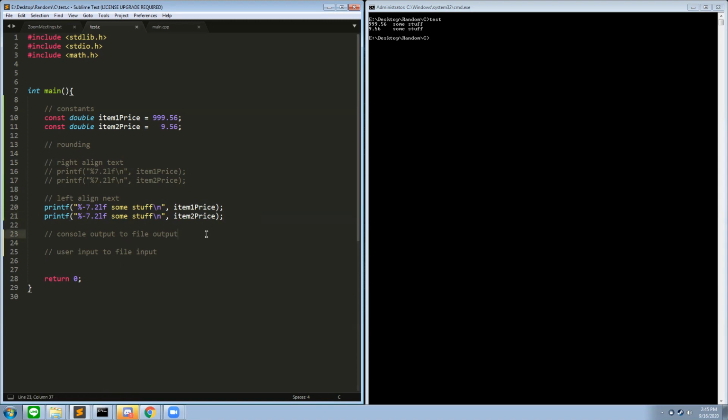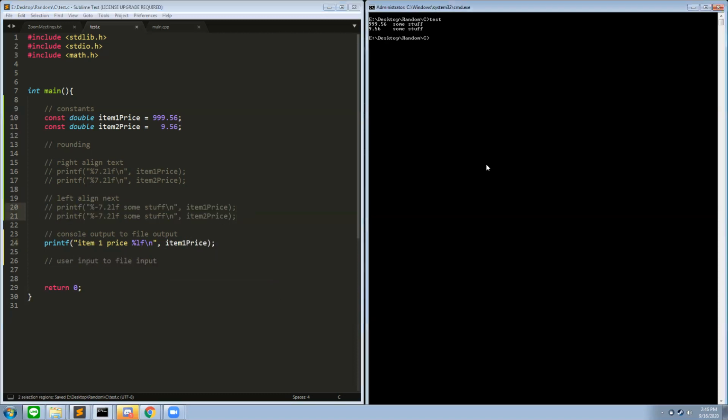All right, last 2 things we're going to do are converting your console, your terminal inputs and outputs to file inputs and outputs. So let's say I want to just print these item 1 price. I would just want to print these to the console, and then I'll say item 1 price. I'll comment these out. So this is currently printing to the console. Let's round that too. What should we do if we want to output this